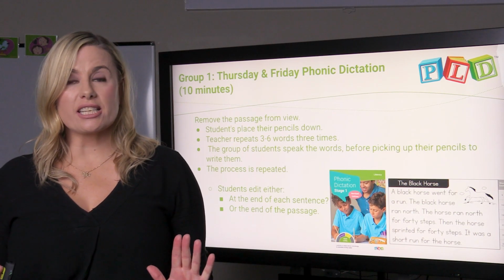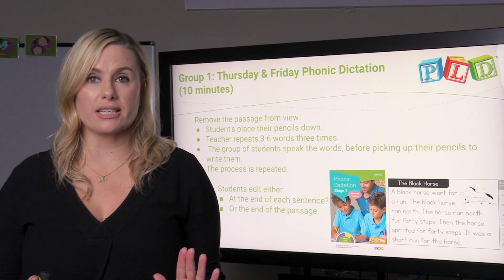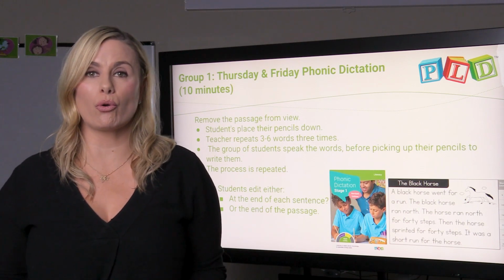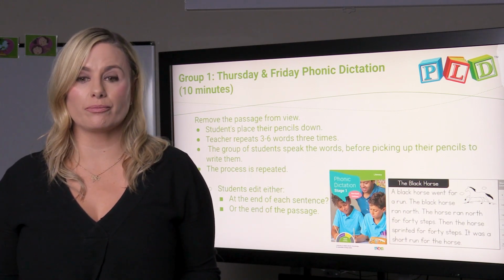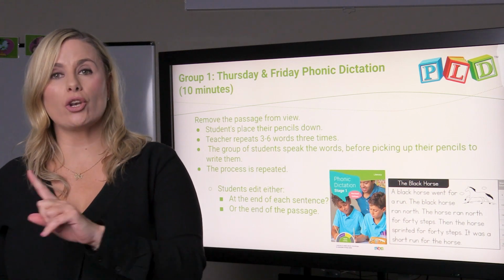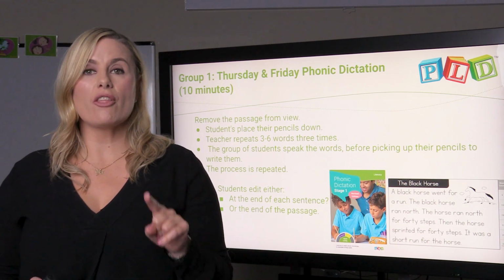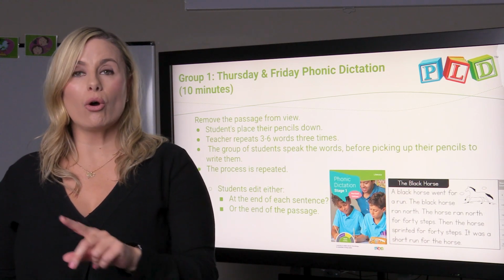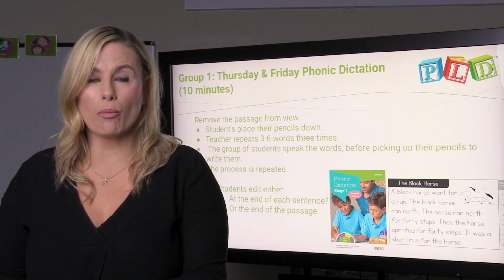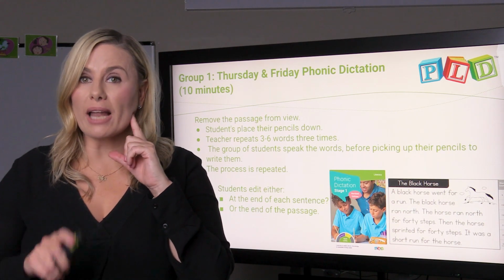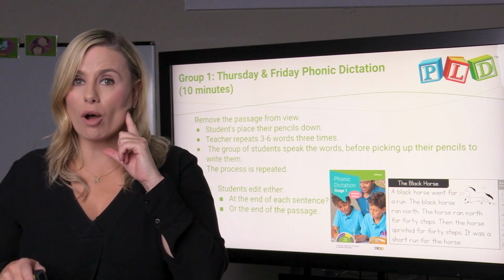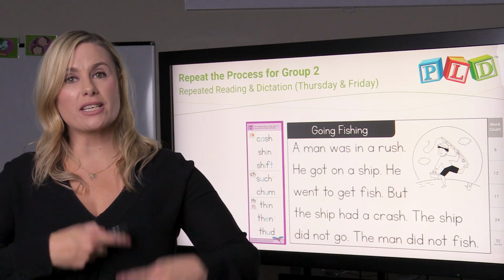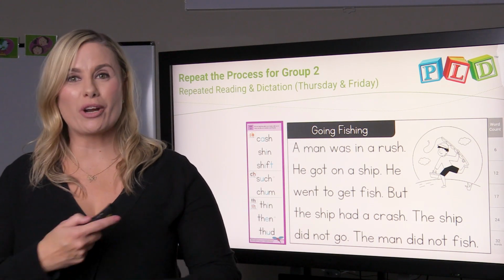At the end of each sentence or passage, you may ask the children to edit. Where's your capital letter to start the sentence? Let's check our spelling and context for the word horse. Put your pencils down. The black horse ran north, full stop. The black horse ran north, full stop. What are you going to write? The black horse ran north, full stop. Go. You will repeat the exact same process for group 2, repeated reading to decode, then repeated reading for fluency and expression, then phonic dictation,